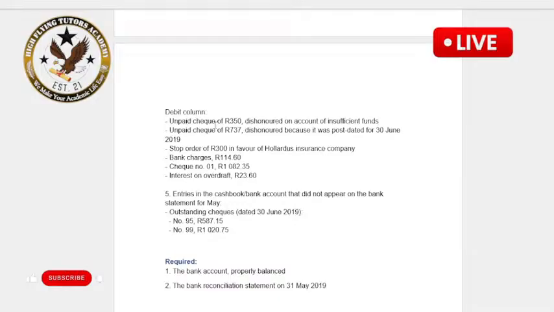I don't know if you guys follow. Basically the debtor did not pay us, therefore we have to reverse the transaction. But remember, this appears in the bank statement but does not appear in the cash book or bank account. Therefore we must make it appear in the bank account, because the bank has recognized all these transactions, or they appear in the bank statement. So this one must be corrected in the BA, bank account, right? And then we've got an unpaid check of